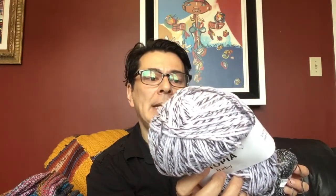But what I did use, just to recap quickly, was the Utopia Baby from Hobium. And this is a cotton acrylic blend. And the color number here is D3528. And Ice Yarns, actually, this was 100% acrylic, sorry. And Ice Yarns